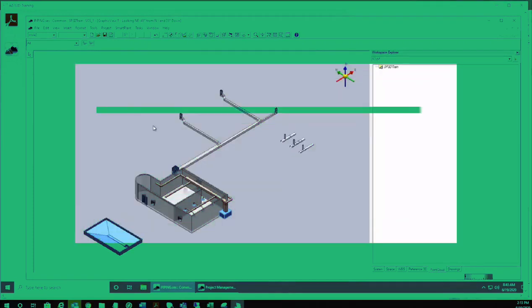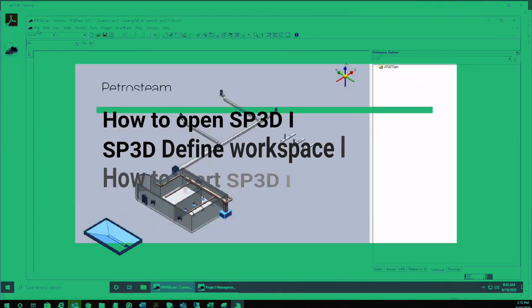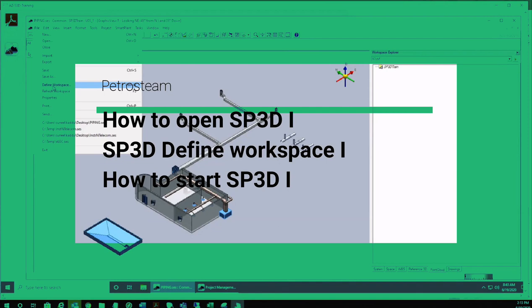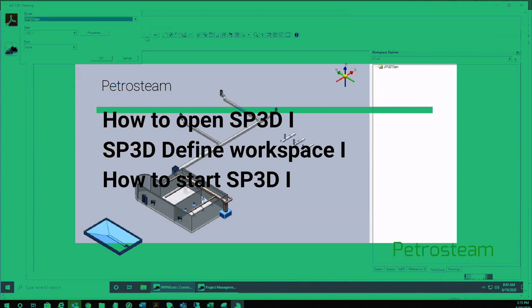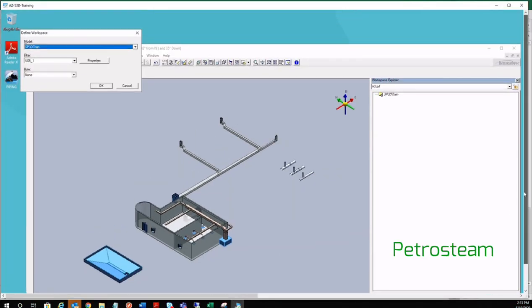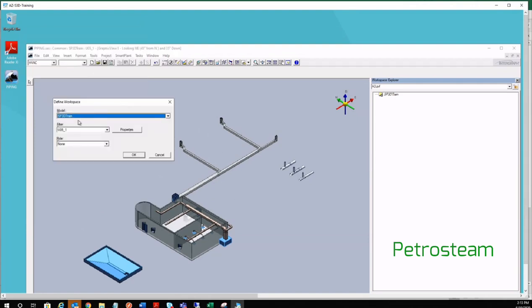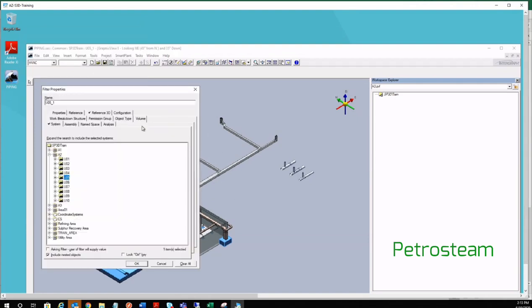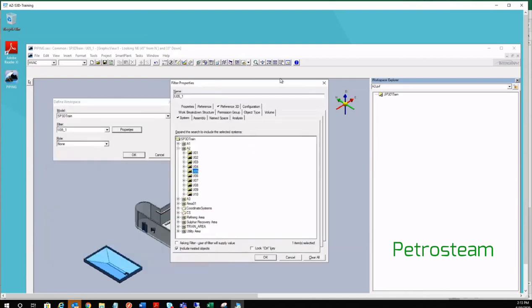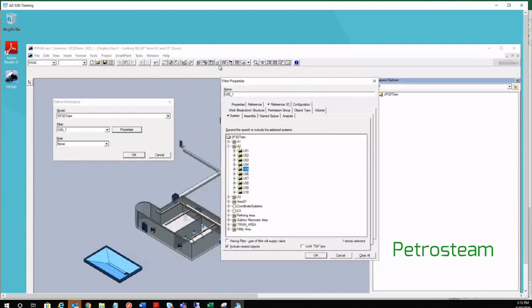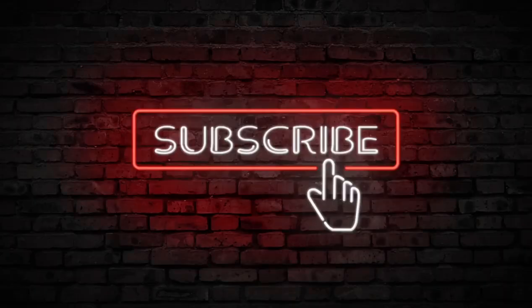In the first half, we have seen up to define workspace. In the define workspace, we have seen multiple tabs available for you to define workspace. And there was a question